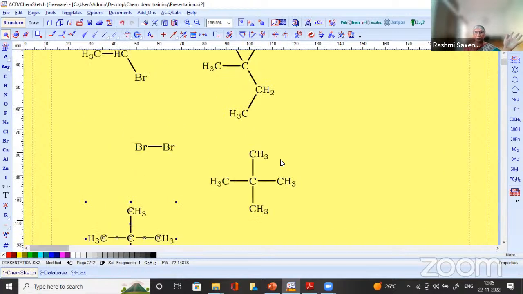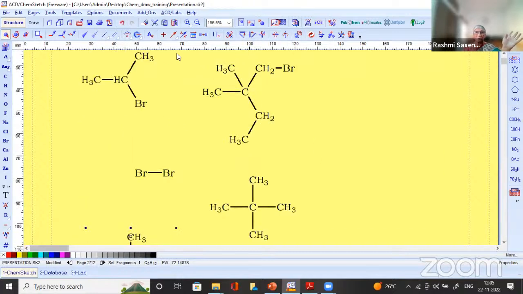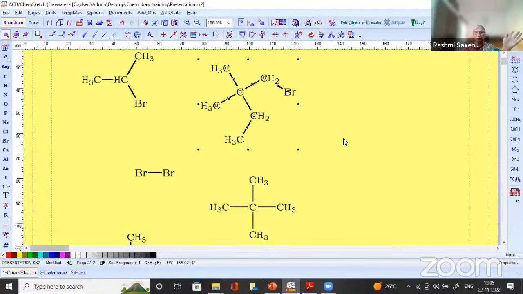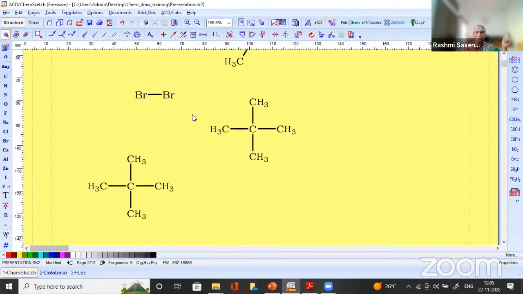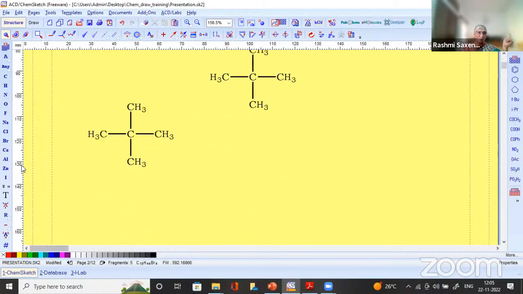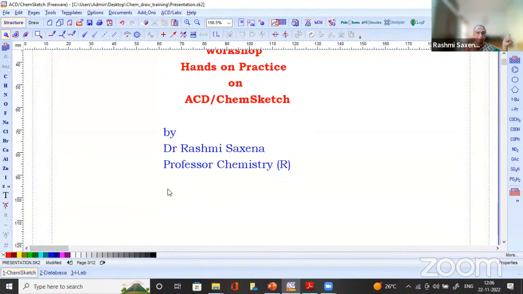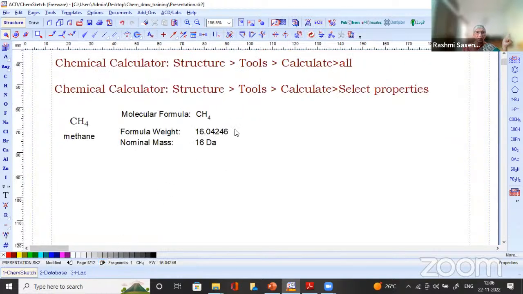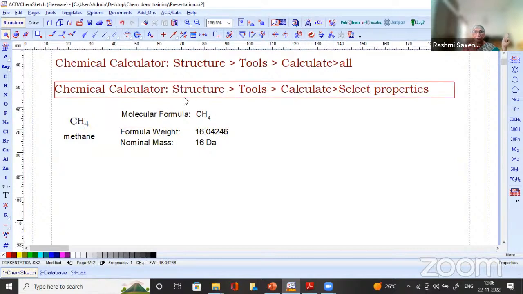This is one of the ways. If you wish to clean this structure, see what happens. This is the structure. So this is some type of structures we can write. Now we come to the next page. Now I have written methane. Now you go to